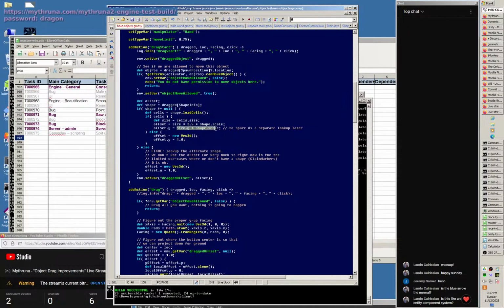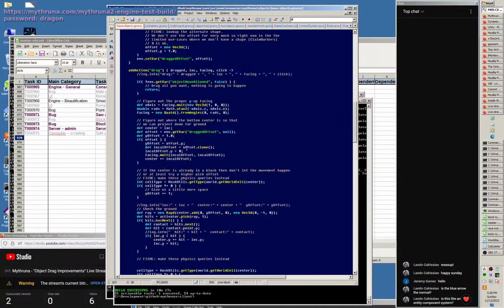So I store the height of the object in here basically for later. And then down in here where we get the drag offset, we can use that, so we set the local offset to 0 and rotate it to be rotated with the object,